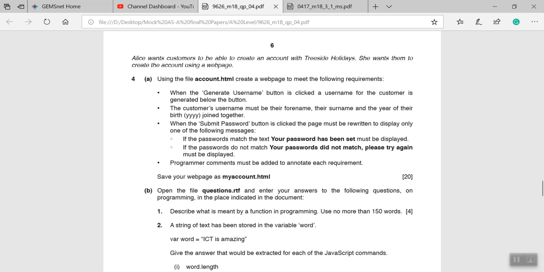Welcome, students. Today we are going to solve the March 18 question paper, and we are going to solve question number 4A and 4B, which are actually the JavaScript questions. Okay, the question says